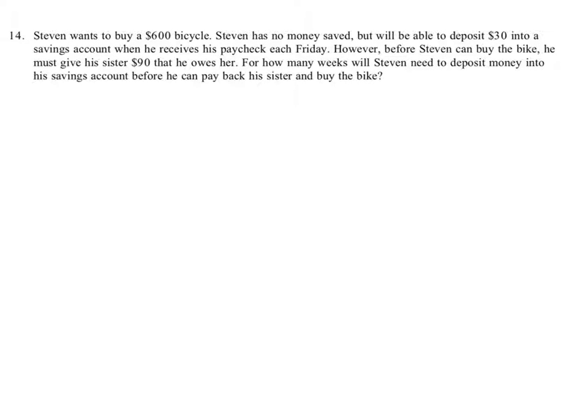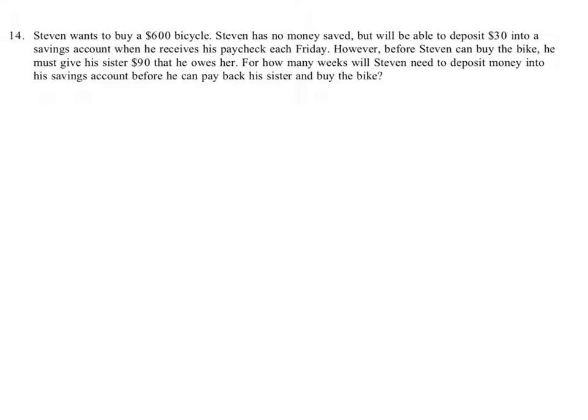Okay, this one takes a little bit of thought. We need to set up the equation before we solve it. So Stephen wants to buy a $600 bicycle. Stephen has no money saved, but he will be able to deposit $30 into his savings account when he receives his paycheck each Friday. So $30 is going to go in each Friday. I'm going to guess we're going to have something like 30 times the number of weeks